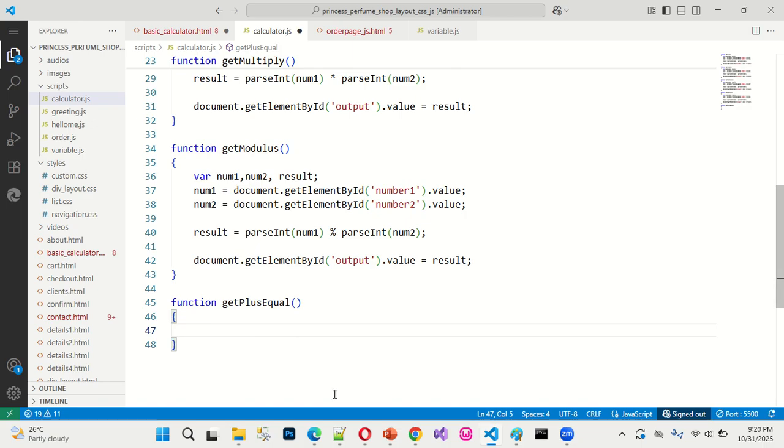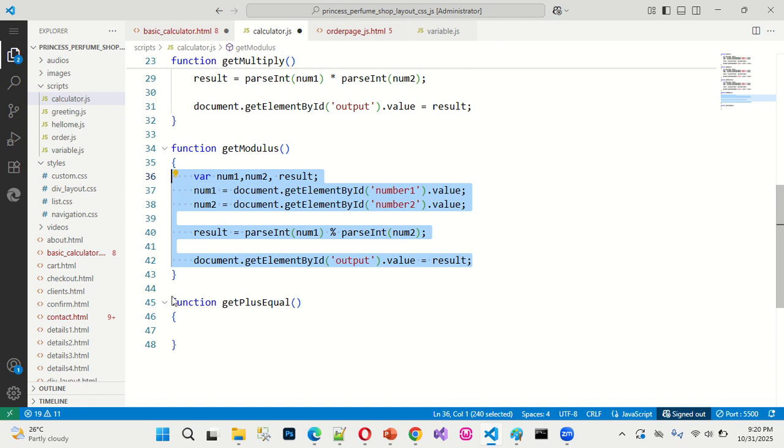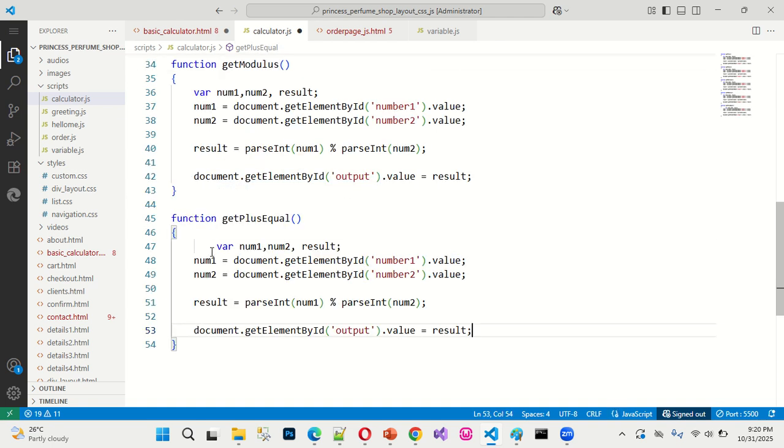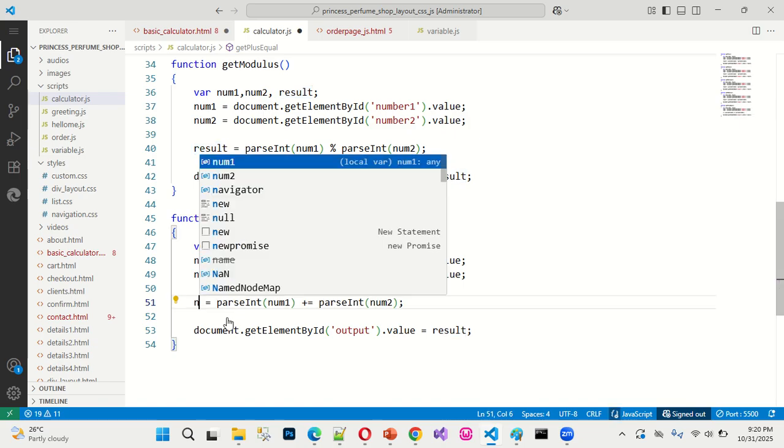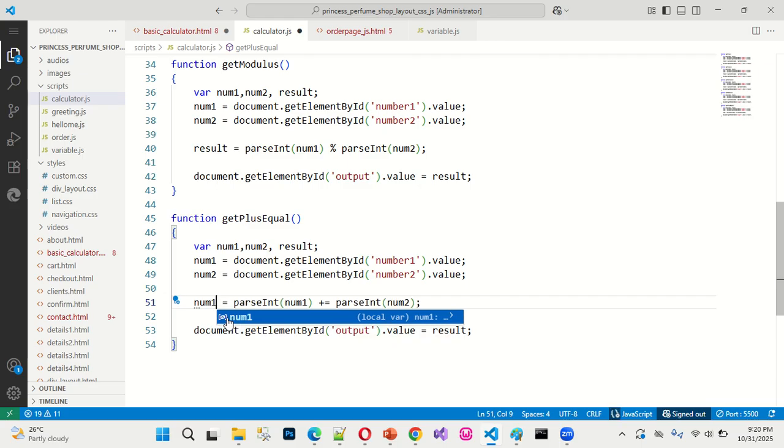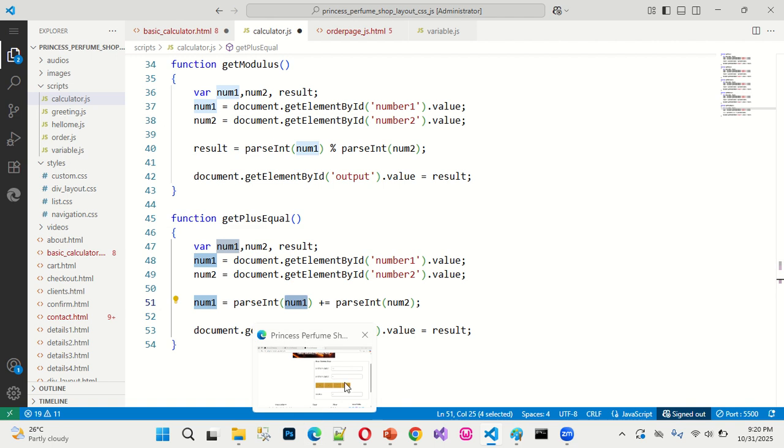Yeah, good. So now I will do this content for the same thing we have been doing before here. Okay, that is it now. So this time around, this is going to be what? Plus equal. That is it. Plus equal now. So that means whatever is in num2 will be added to num1. In this case again, I don't need this result. What I just need is num1, because num1 is the variable on the left side there. Can you see? So which means that